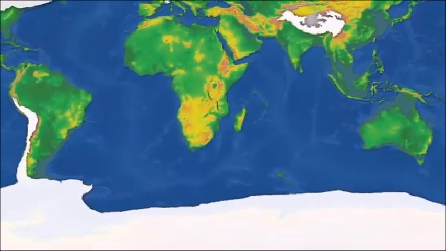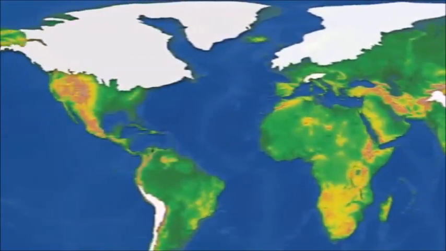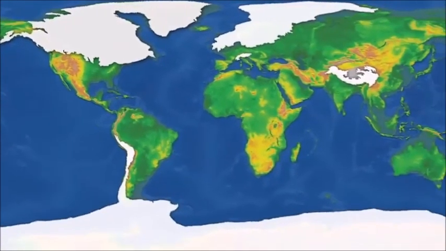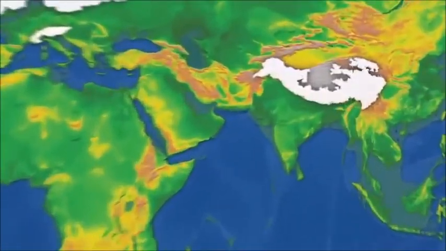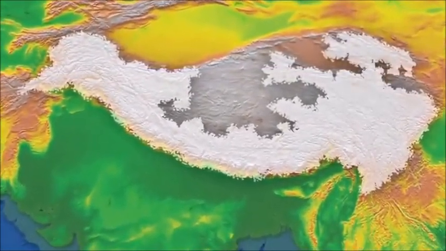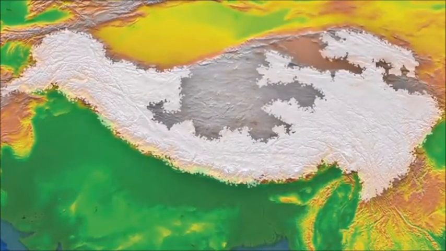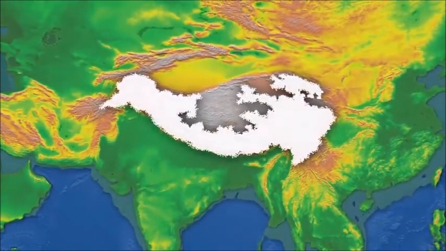Besides this, however, only smaller ice sheets were to be found in the southern hemisphere, in places like Tasmania and New Zealand. The northern hemisphere, on the other hand, is where we'll find most of the Earth's land area, which means that's also where we'll find the majority of the new ice. Before even going all the way north, the third largest ice sheet on the planet back then and today can be found over the Himalayas and Tibetan Plateau, forming at this time an island of ice surrounded entirely by cold